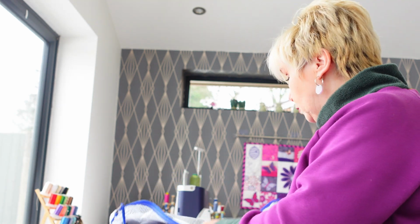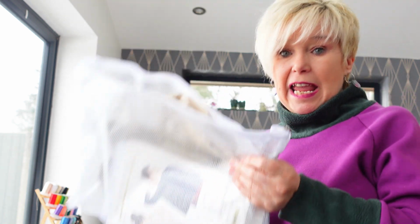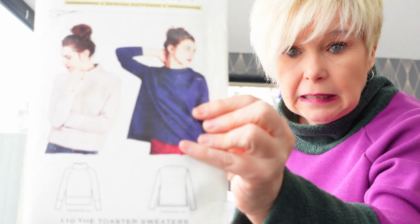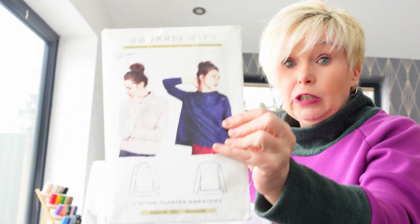I've taken two more things out of my sewing box of shame, and I'll just grab them. They're in project bags, which means they've been cut out and I've not even flipping started them. So the first one is the toaster sweater that I'd cut out. There's the toaster sweater pattern. That's going to get done this week, and it's in